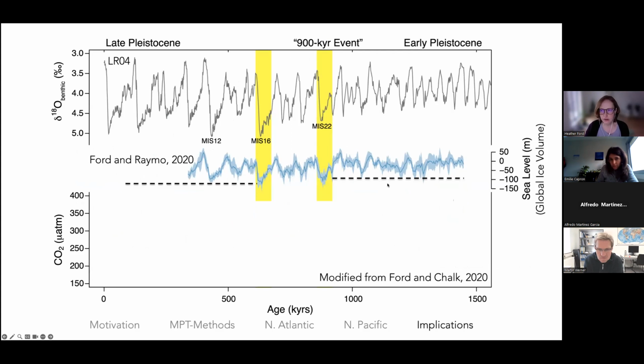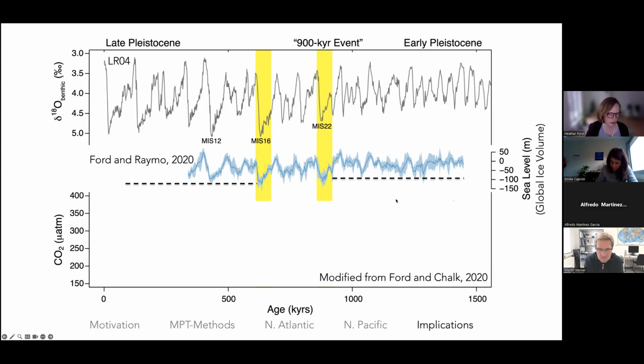And so if you look at that record over this time period, on this axis is just LR04, on this axis is the sea level or the stack that I've created, and on the horizontal axis you have age. And when you stack all these records, basically it seems like you have two steps in the delta 18O seawater, or two steps in sea level drops over the mid-Pleistocene transition. You have one at marine isotope stage 22, and then you have another one at marine isotope stage 16. So overall, it does appear that you're getting ice volume increase over the